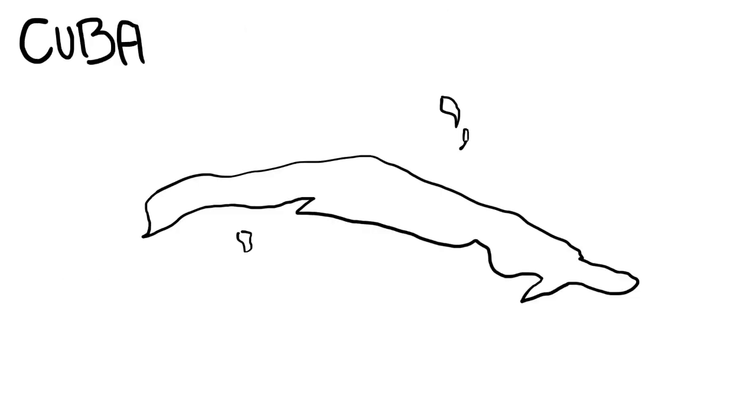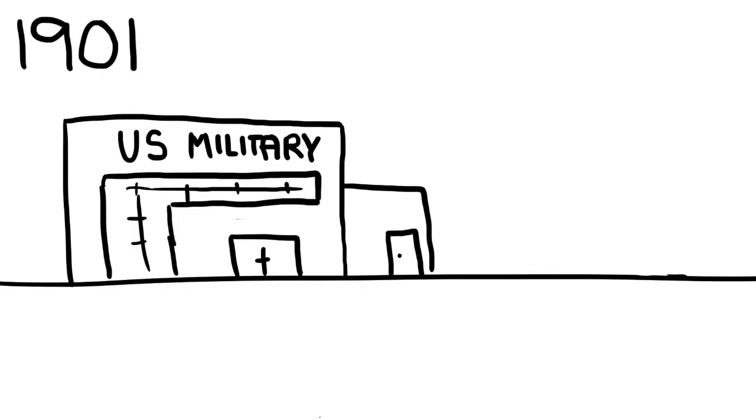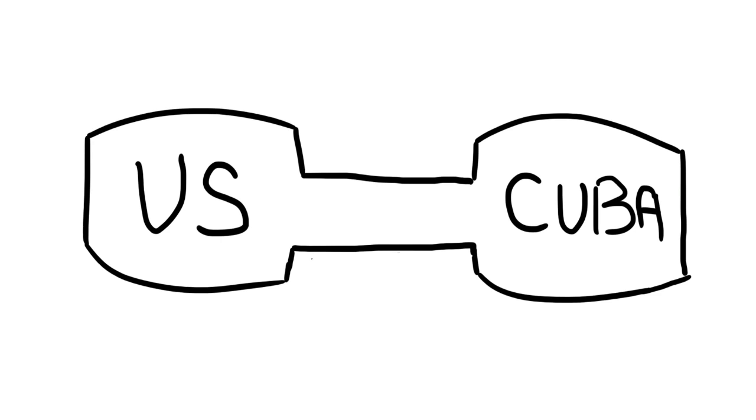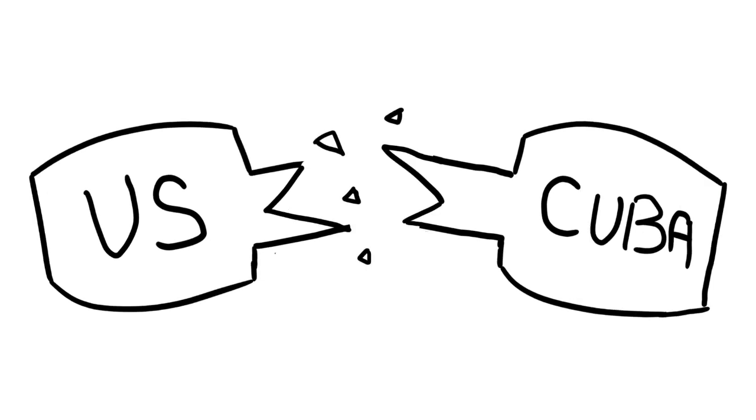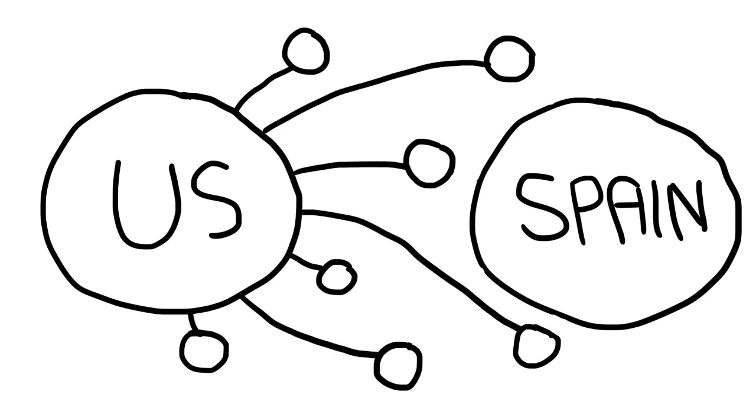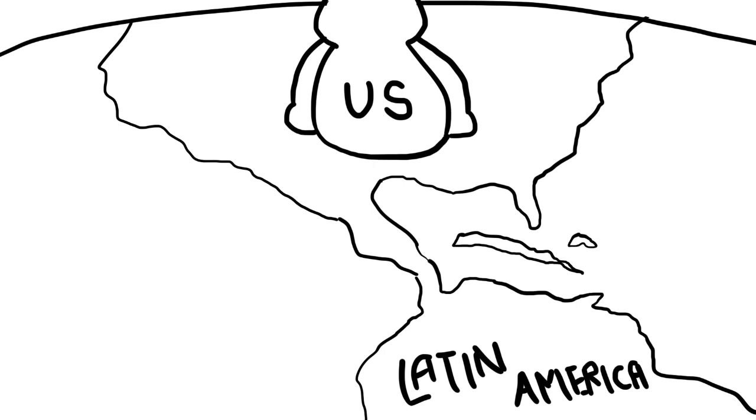In 1901, Cuba became an independent nation. However, the United States installed a military government and continued to exert control over Cuban affairs. This caused tremendous resentment among many Cubans, and the relationship between both countries was broken. When Spain was defeated in the war, Spain turned over the last of its colonies to the U.S., which had become the dominant imperial power in Latin America.